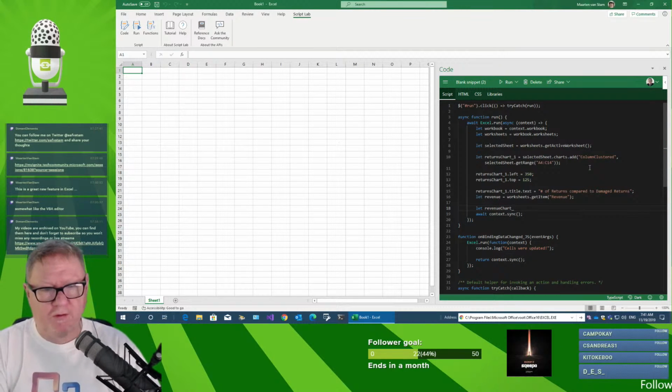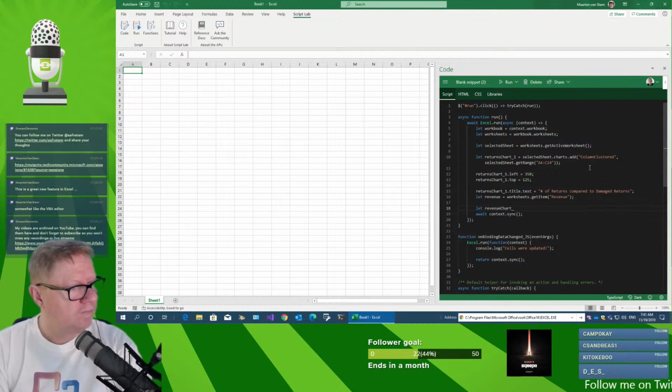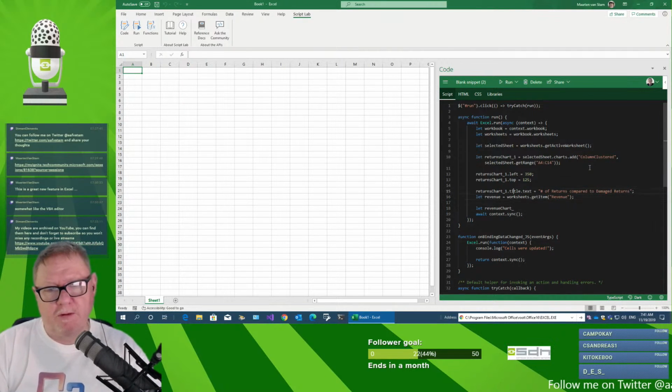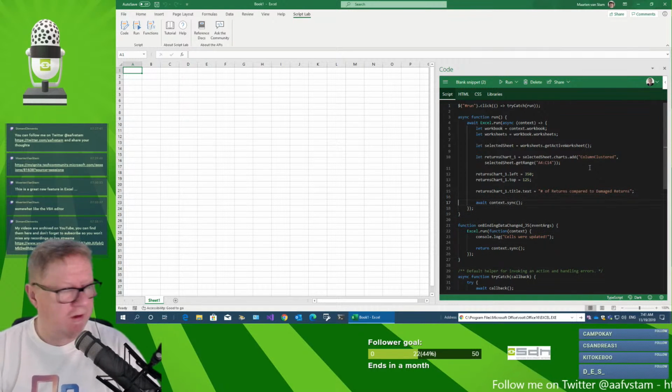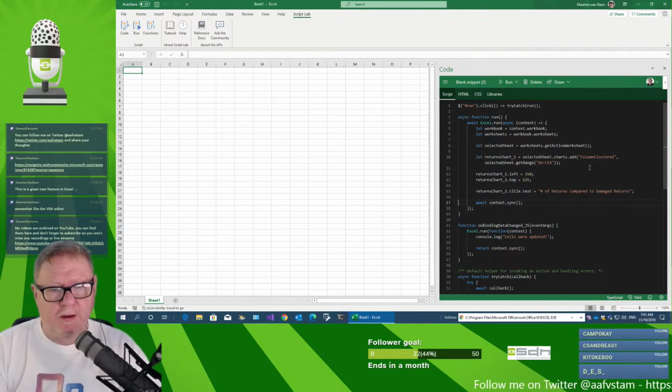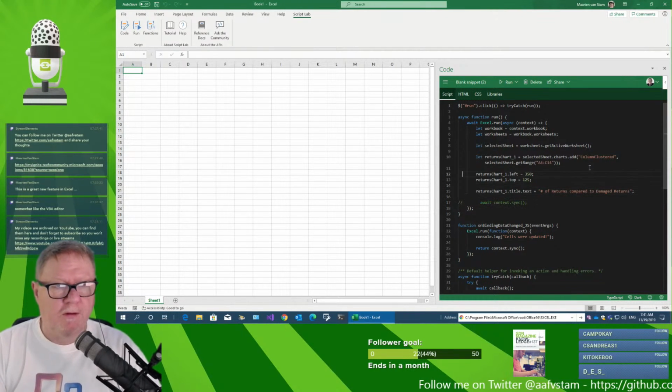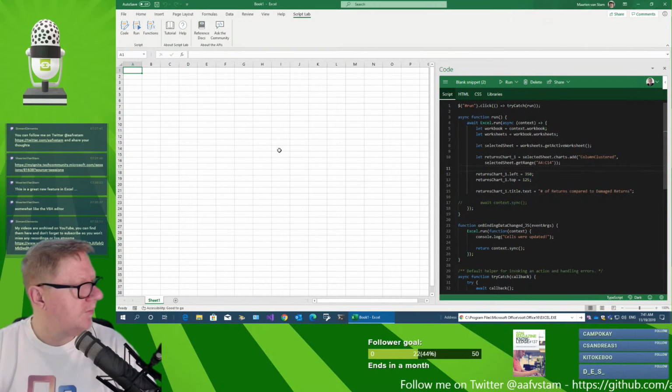I don't have a revenues chart. Well, let's leave out the revenue chart and just see if this is actually working. I don't need to sync the context, I think, but I do need a table